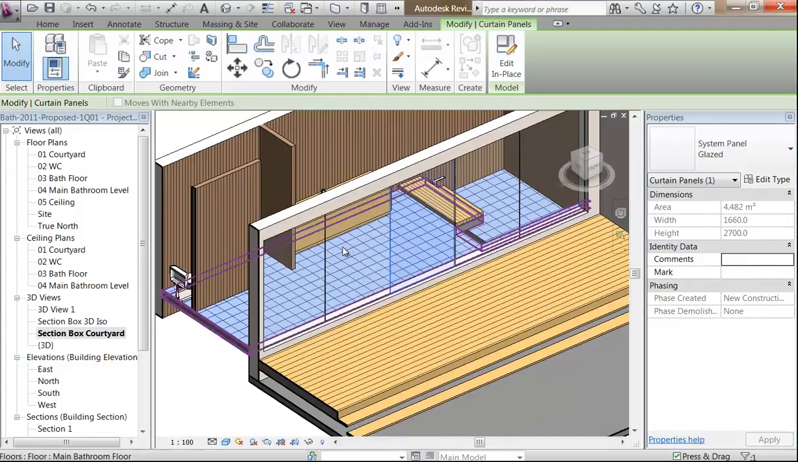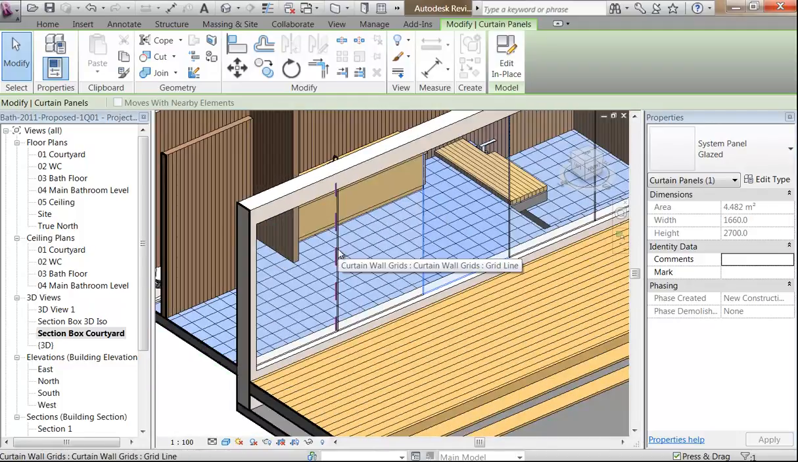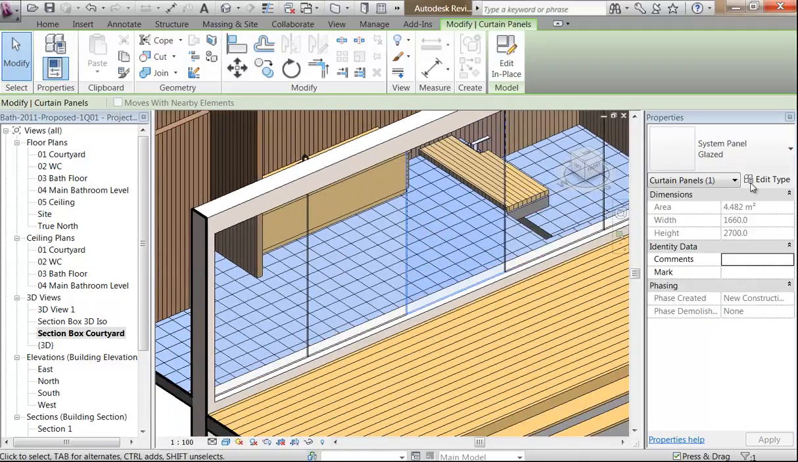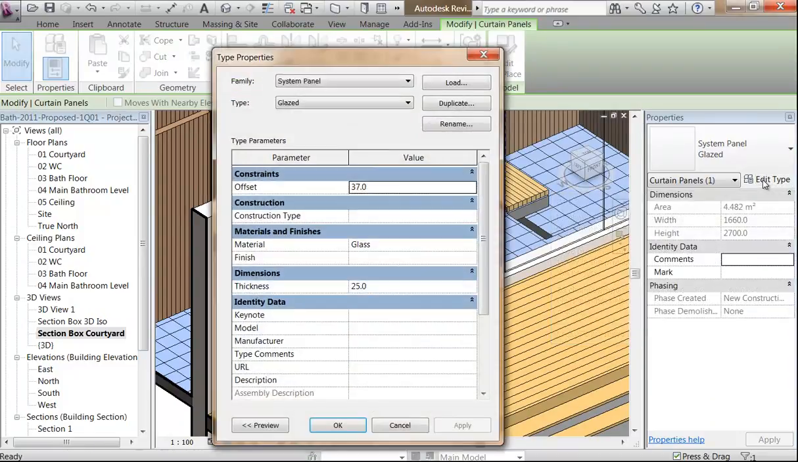And I'll just show you another one. I actually got the wrong panel there. I want both of those actually, so I'll do them both. So, okay, I've got that panel selected, and I'm going to click Edit Type, and then I want to get a different panel. So I'm going to click Load,